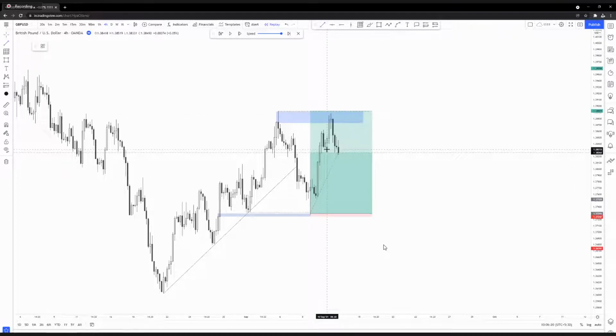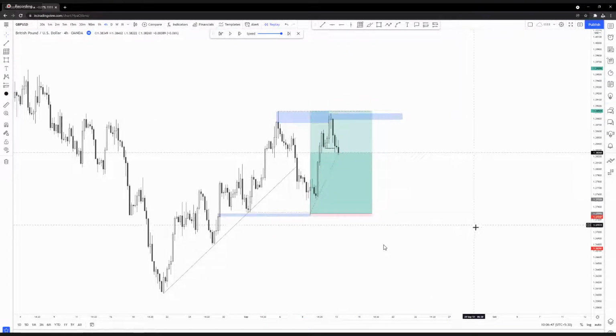Inducements. See, even a breakout structure. So imagine after this breakout structure, how many people would have wanted to sell it from these areas? A lot of people. Now, remember, in these types of candles, the volume is always in the body. So you don't have to mark out the whole thing like this. You can just mark out the body. Everyone will be willing to sell from these areas.